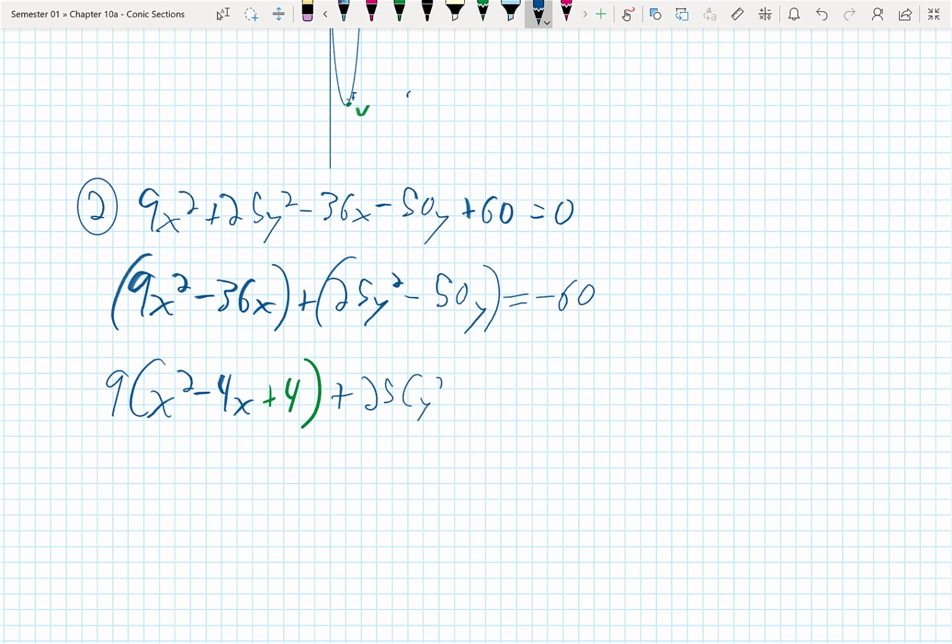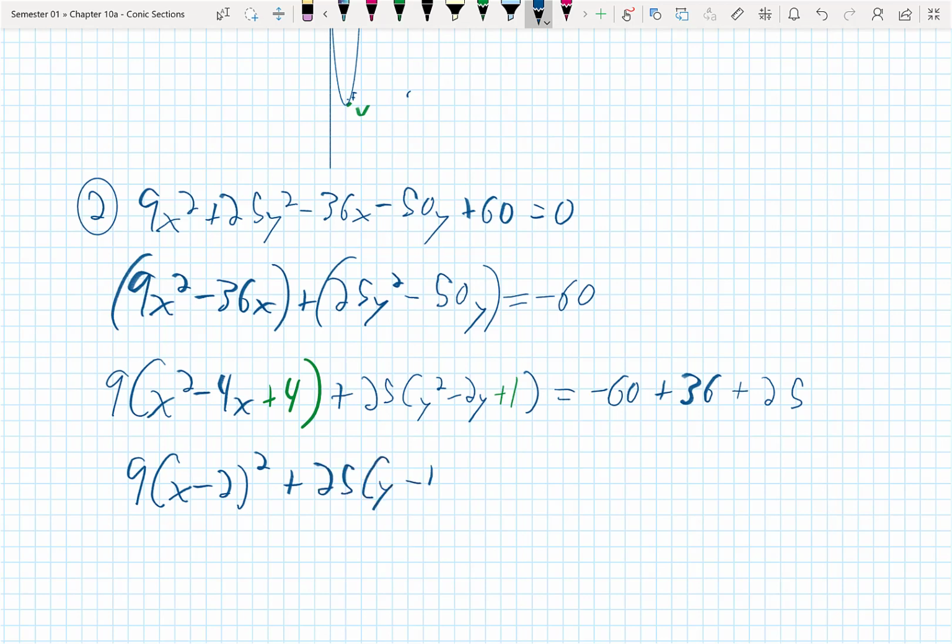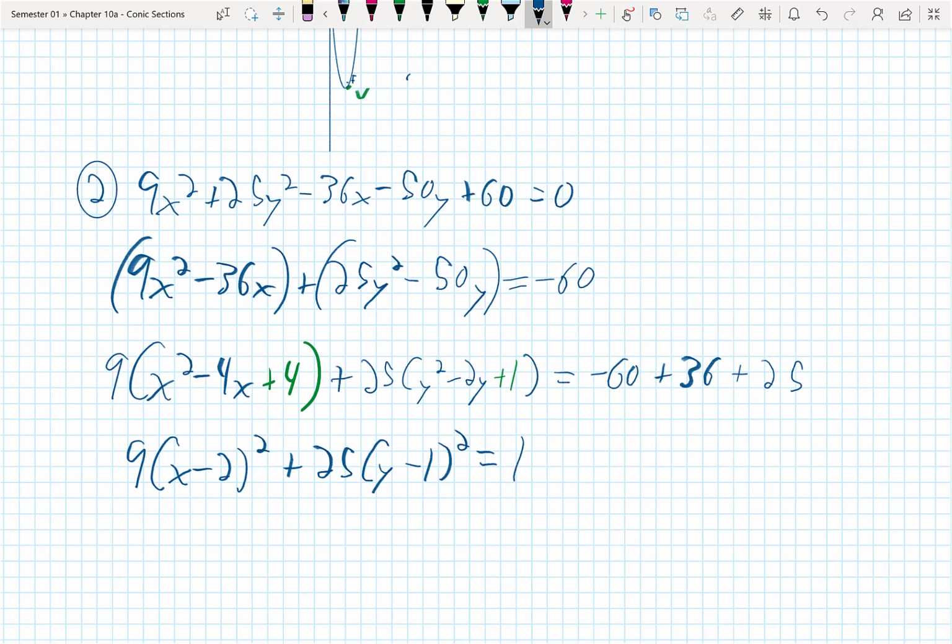Y squared minus 2y. Complete the square with a plus 1. Equals negative 60. I add plus 36, and then plus 25. And that gives me, let's see, 9 times (x minus 2) squared plus 25 times (y minus 1) squared equals 1,